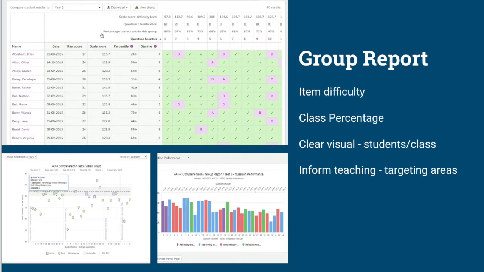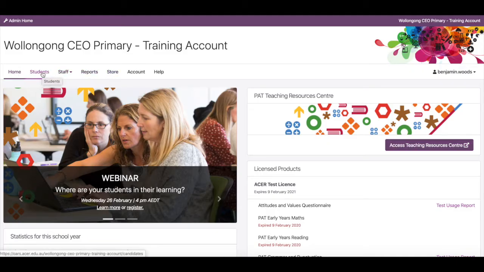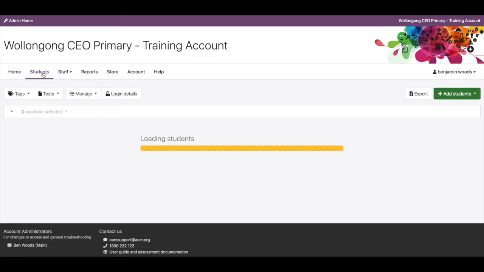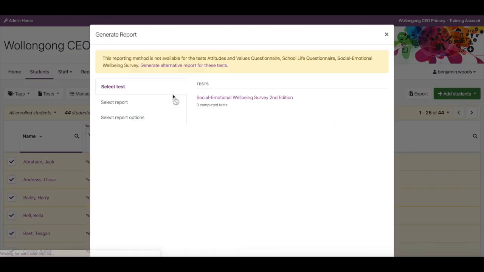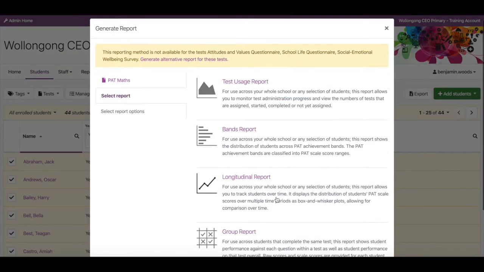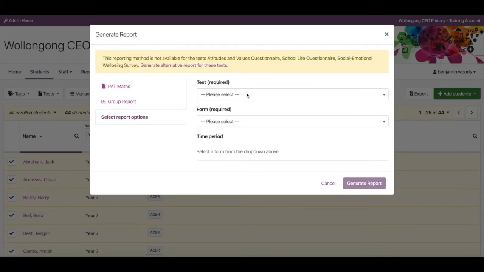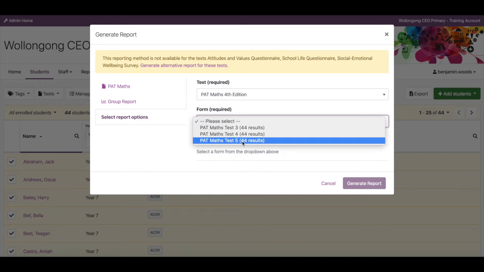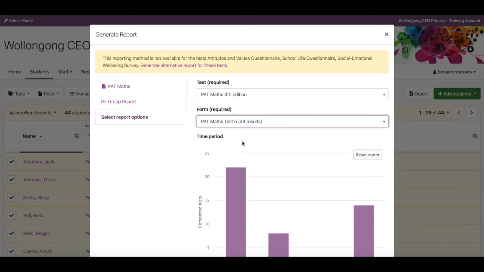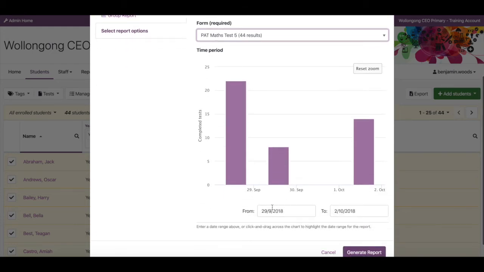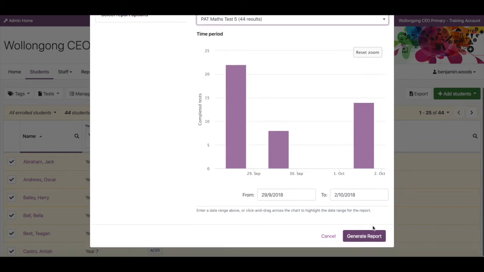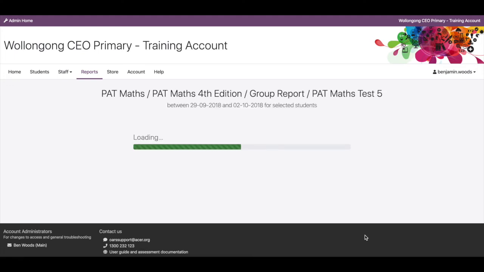So how do we get to that? Going back in and looking at students again, select the students, generate report, PAT Maths, then I want to go down to the group report. I want to find out how these students went in their test 5. So I'm looking at the year 5 data. I want to find out how they're going and see what I need to do with this cohort of students. You can see I can set the range for this test, generate, view, and the group report